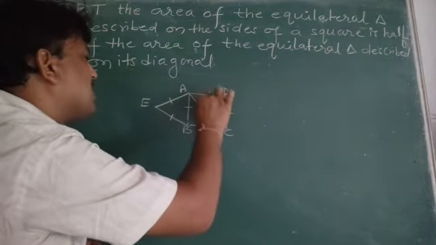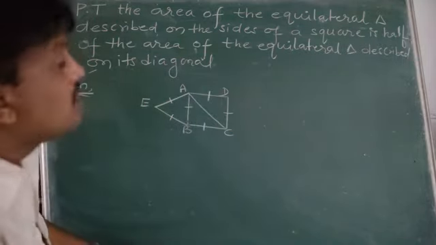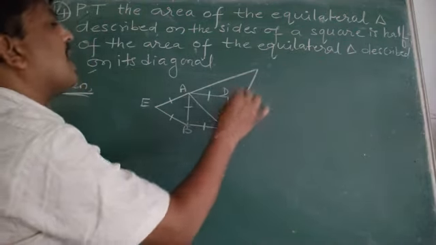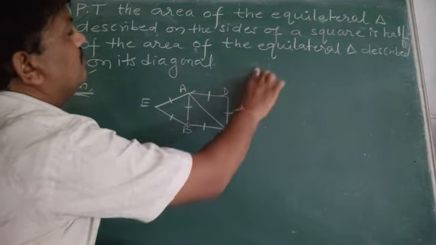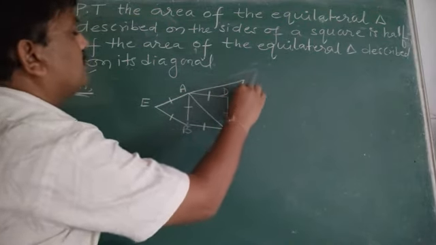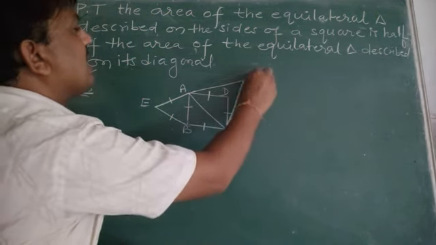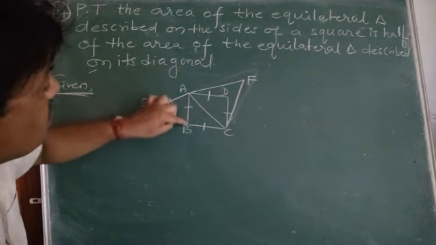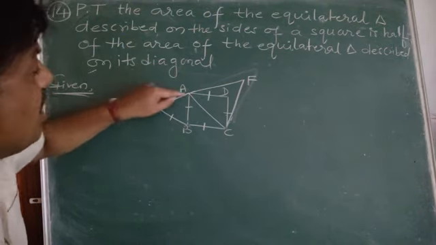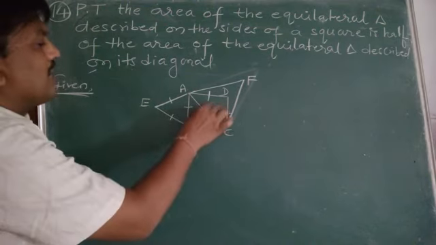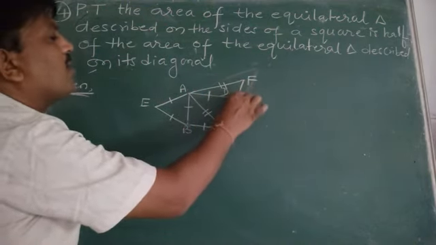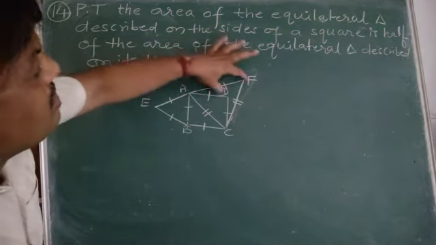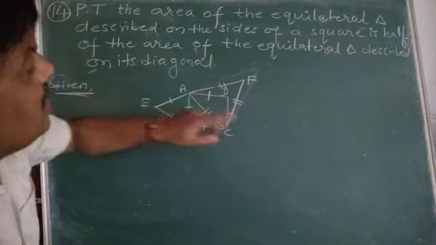So let's join the diagonals AC and BD. Both we can join, but we need only one. So with this also we have to make an equilateral triangle. Let me name it F, children. So one equilateral triangle is made on the side of the square. The other is through the diagonal. And this one is equal to this one because it is an equilateral triangle. So the length of the diagonal is equal to all sides of the equilateral triangle AFC.